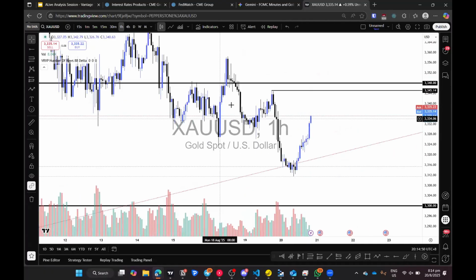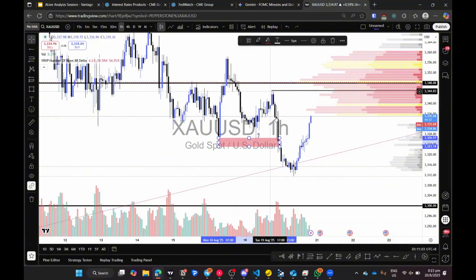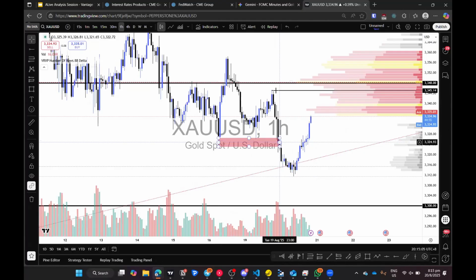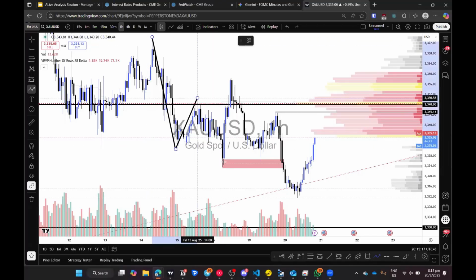So overall, we are still in a downtrend. And how do we actually determine if we're in a downtrend? We want to see supports being broken. So this key area here, broken. And the only time we are looking to be bullish is when the highs at this 3,345 has been taken. Otherwise, in a standard market structure, we are seeing something like this.